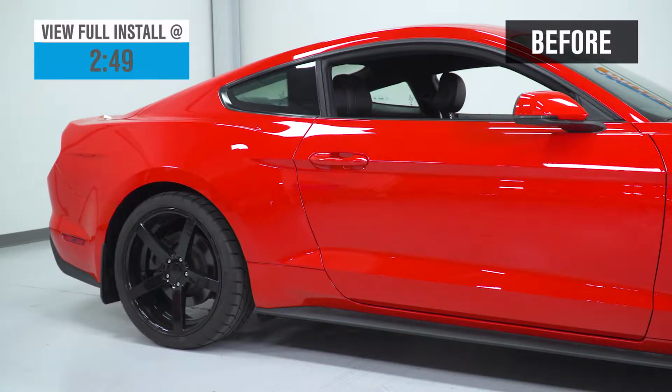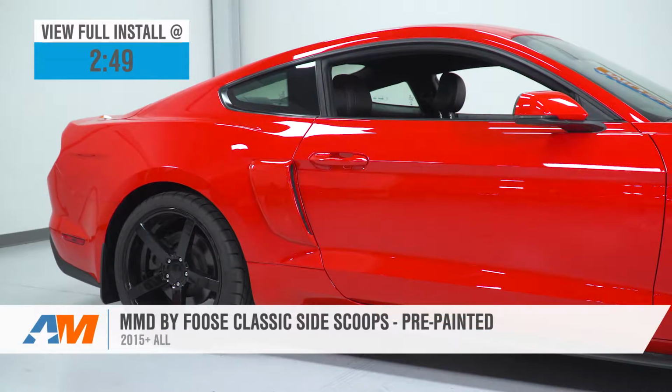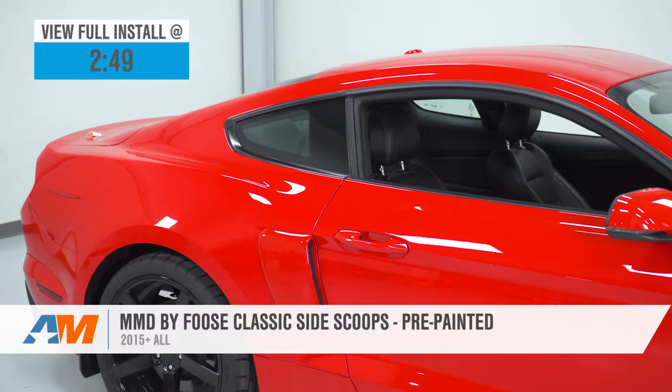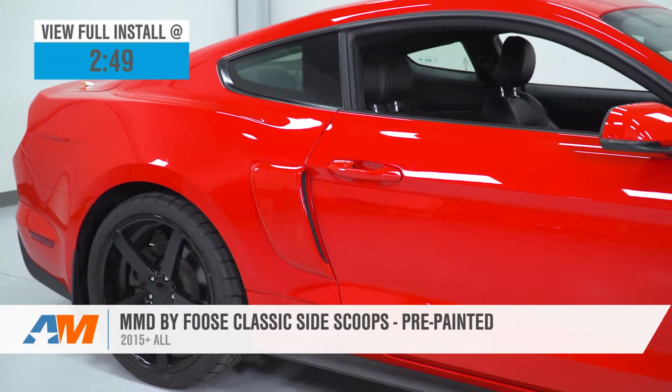Hey guys, Adam here with AmericanMuscle.com, and today we're taking a closer look at and installing the MMD by Foose Classic Side Scoops in the pre-painted finish, available for all 2015 and newer Mustangs. You should be checking this part out if you're looking to get a classic styling from the 60s and 70s